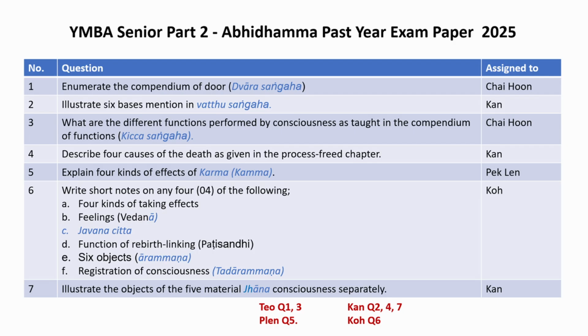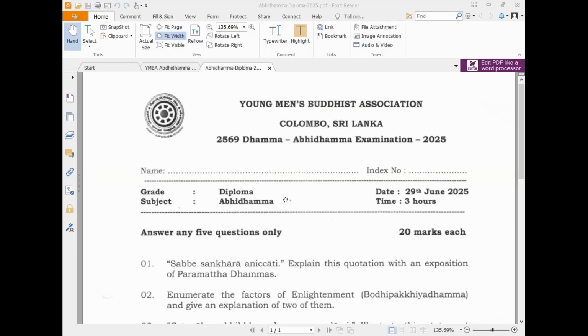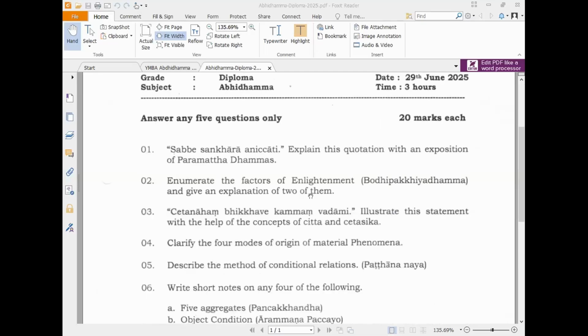Okay, so this is for Senior Part 2 Abhidhamma. So we go back to the next one. Can you see this Diploma Abhidhamma 2025? Okay, any of these questions done before?